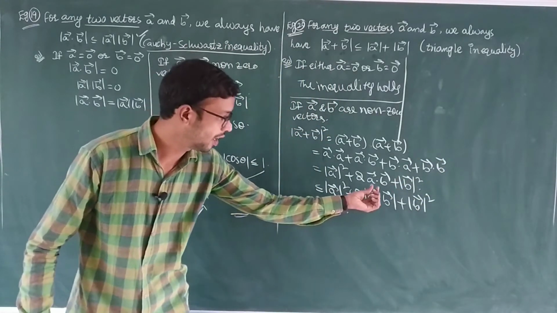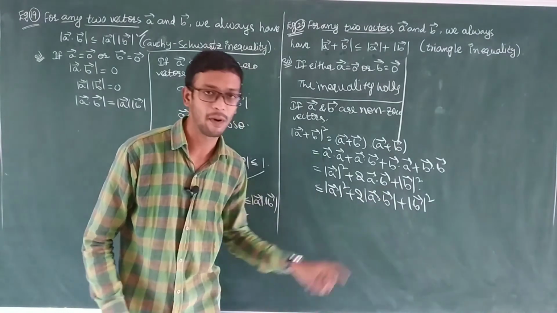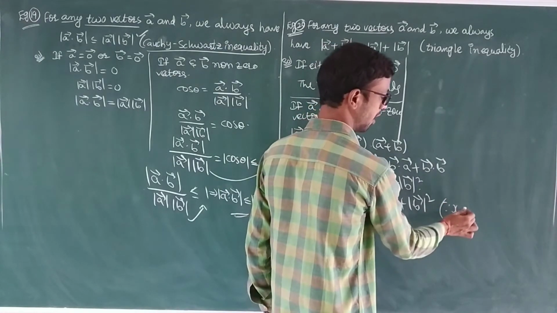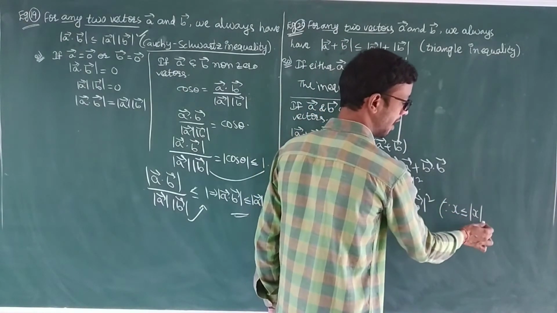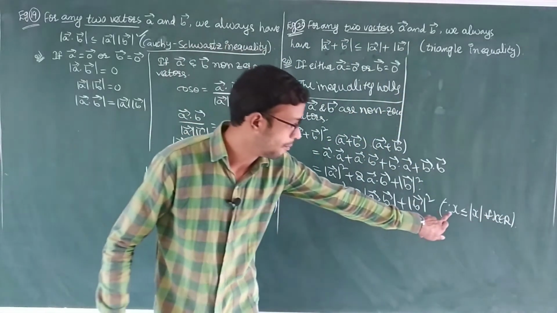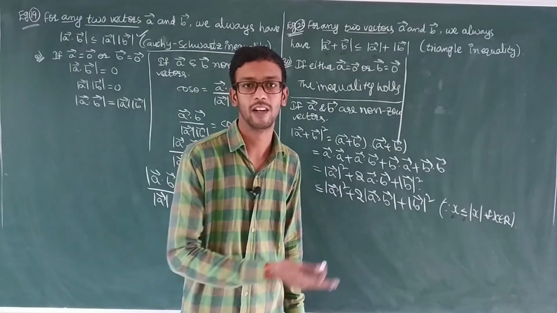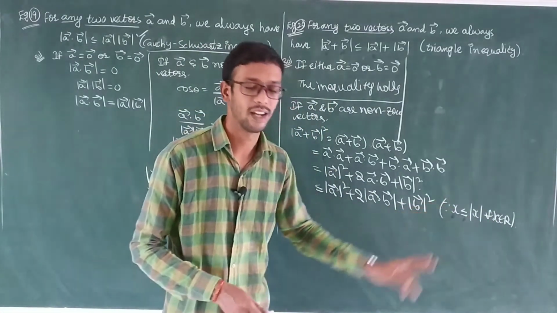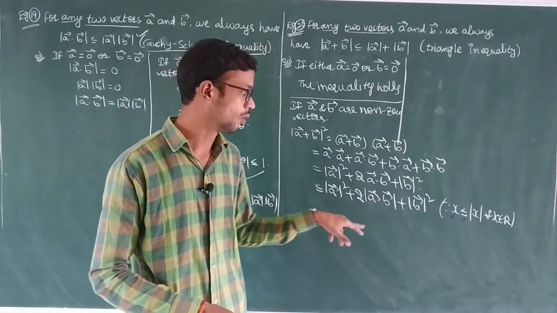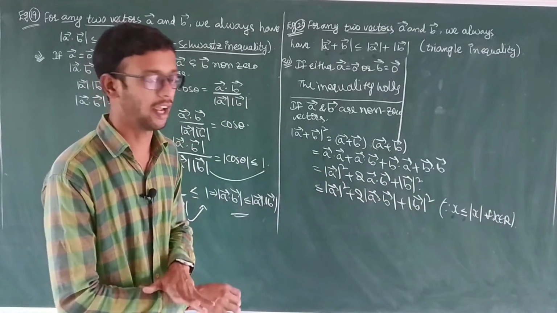Sir, why are we writing this here? Actually it is a dot product, but here the less than or equal symbol changes it to mod. You observe that the condition x is less than or equal to mod x holds for every x belonging to R. Take minus 1 is less than or equal to mod of minus 1, that is equal. 2 is less than or equal to 2, that is nothing but 2 equal to 2. So by this condition, x is compulsorily less than or equal to mod x.